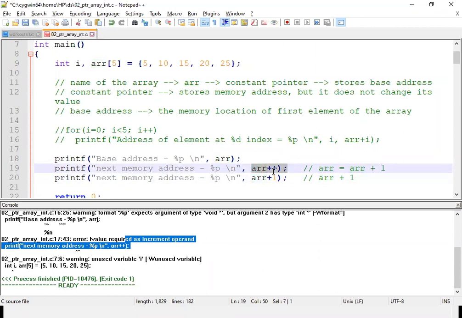In the first one here, it is simplified as ARR is equals to ARR plus 1, wherein I'm trying to modify the value of ARR here. But in the next one, I am not modifying any value, I'm just taking the value and adding 1 to that. And that value I'm just displaying here, which is not getting stored again in that same variable. That is because this ARR is a constant, it gives the error.